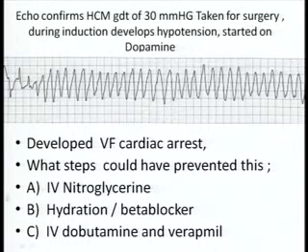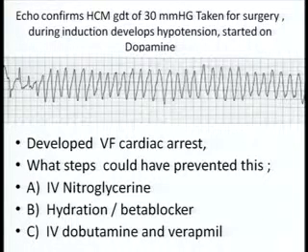Intravenous nitroglycerin, hydration and beta blocker, IV dobutamine and verapamil, which one could have prevented this? Exactly. These things they are not mentioned in guidelines. A patient below 40 years of age doesn't need an ECG. But on the physical examination, you have a faint murmur, you have a brisk pulse, dicrotic pulse, you do an